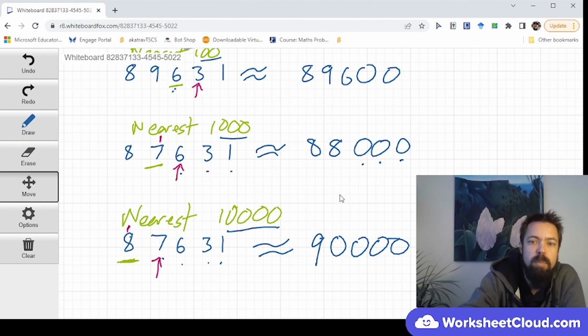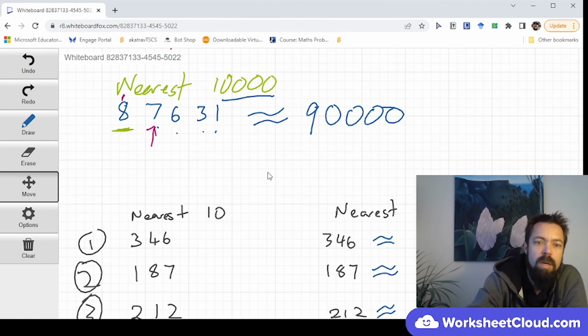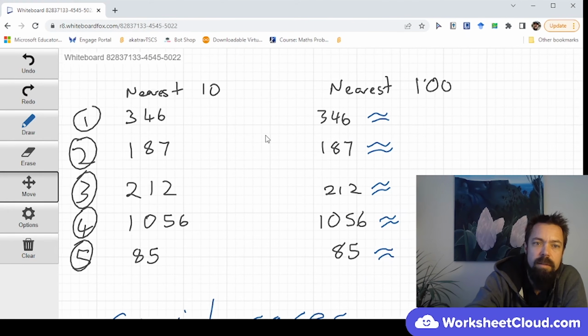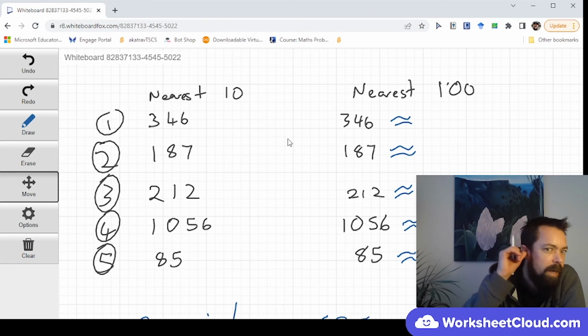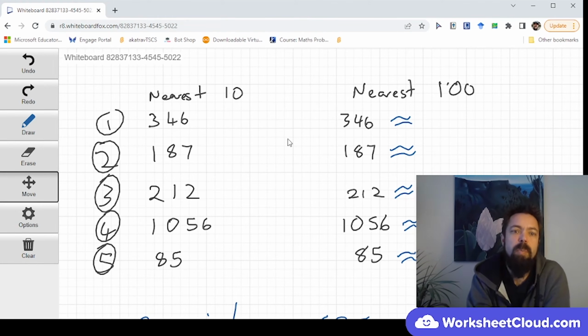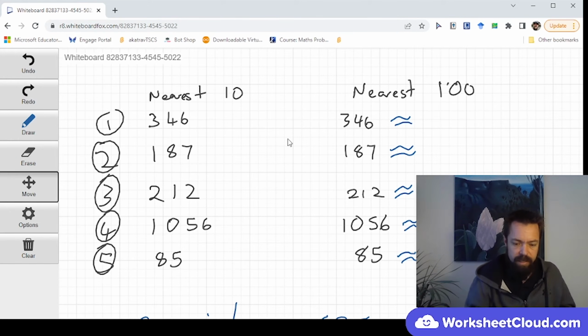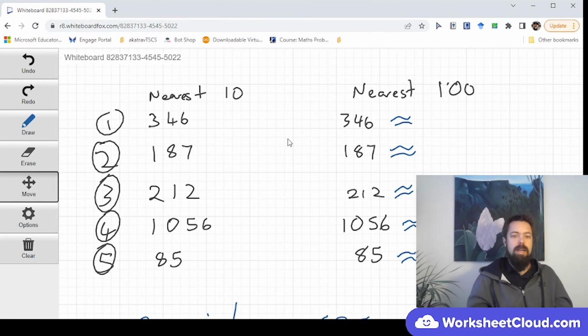Okay, let's practice a little bit now. So I've got the same 5 numbers here and a little over to the right. What I'd like us to do is to practice going through each of these, first to the nearest 10 and then to the nearest 100. If you are feeling comfortable with it, then you should pause the video to do it. But just before we get started, I think